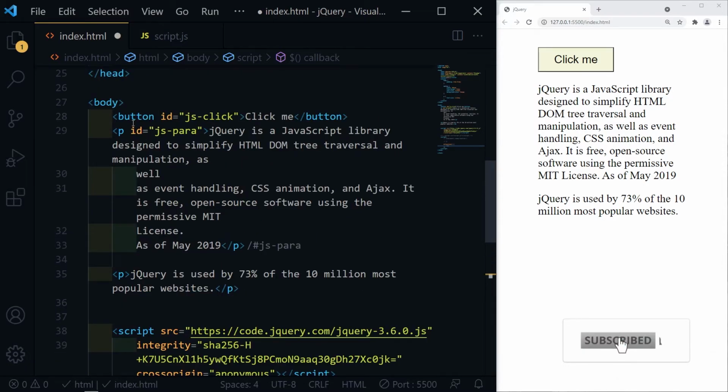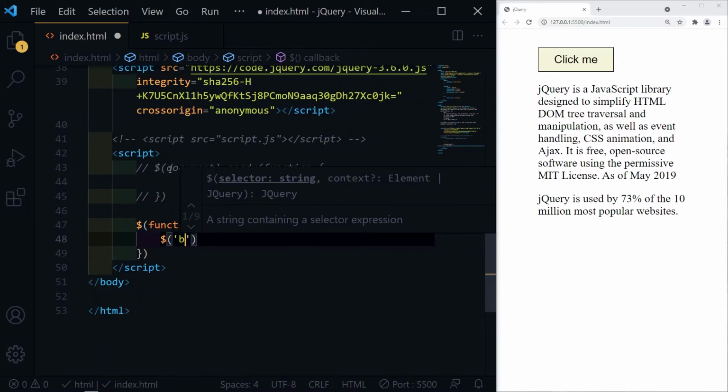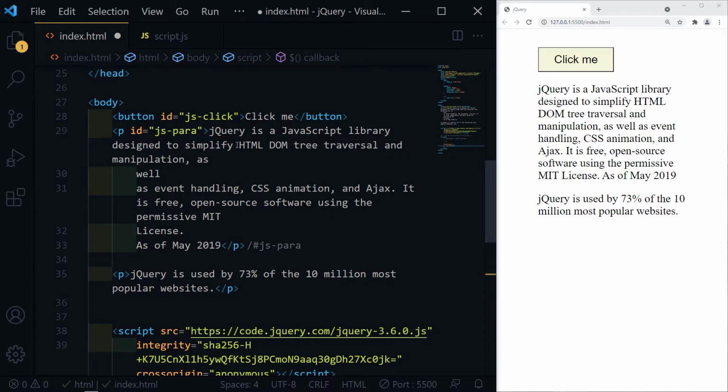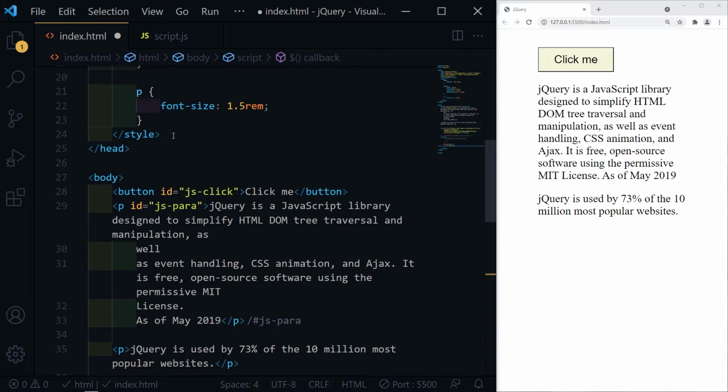I can use button or its ID inside quotes. Here we have only one button. That's why I have written button here. If you have multiple elements of the same type, you can use class or ID.